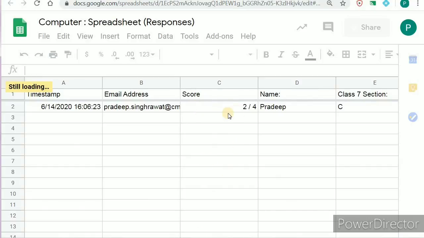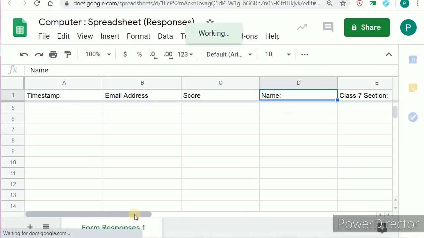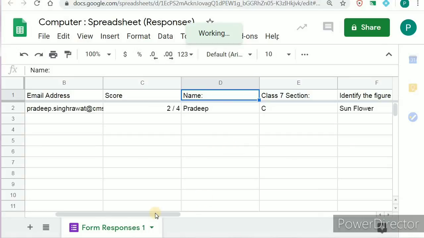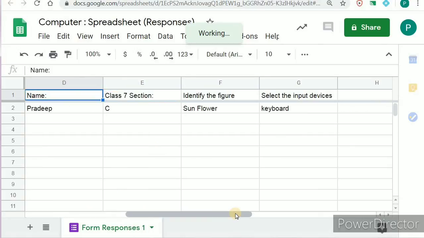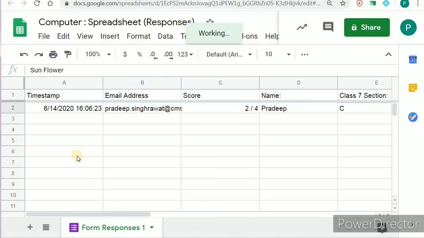Then the score is given here, how many marks are scored out of how much. Then the headings are the questions, like name, class, section, whatever you have written in the question becomes the heading. All the questions become the headings and the answers are just below that. Each row is for one individual. Whatever answers we have given are recorded here. So you can get an Excel sheet where the entire thing is stored collectively.